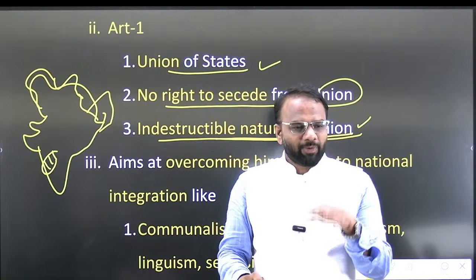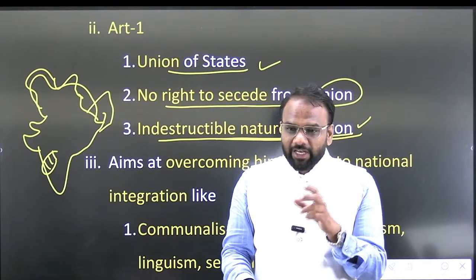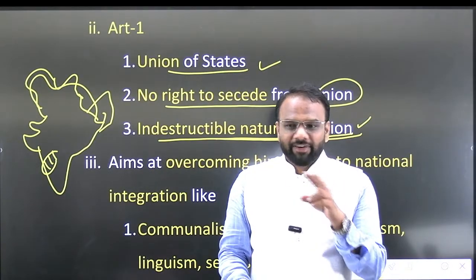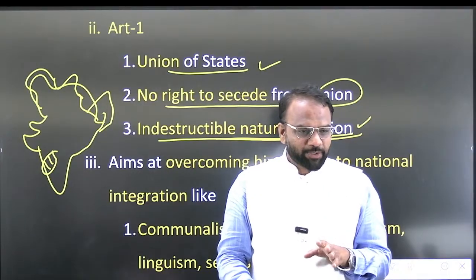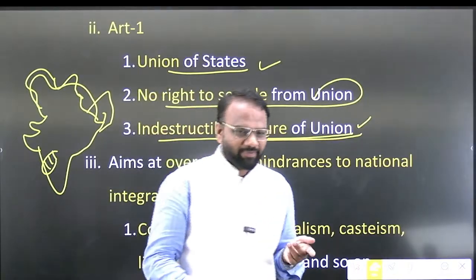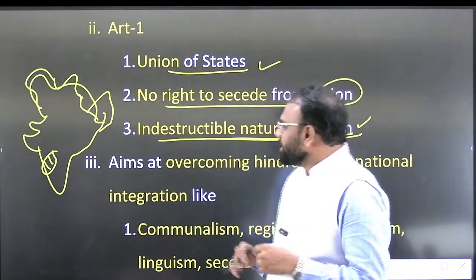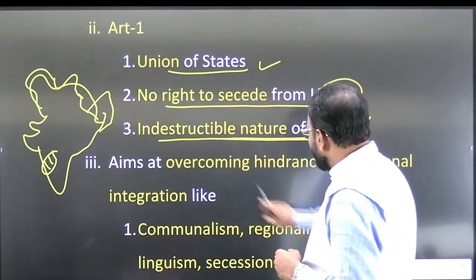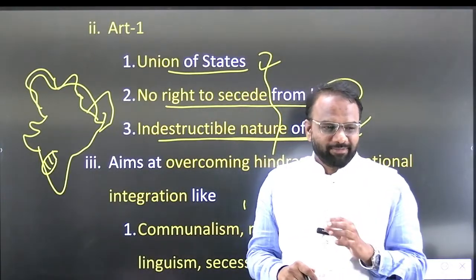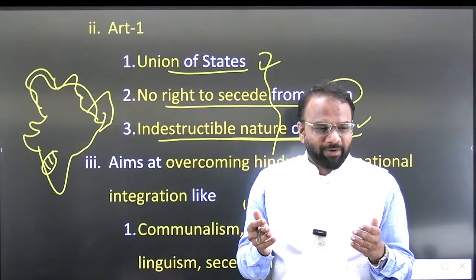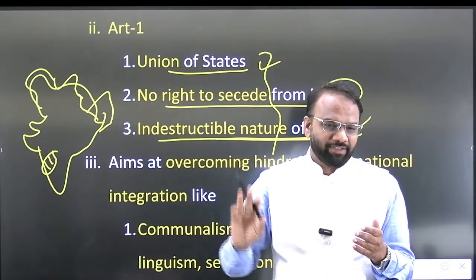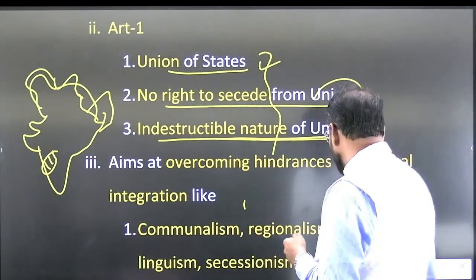For example, Article 1 says India, that is Bharat. In the Constitution there are two terms used to refer to our country: one is India, another is Bharat. Is the term Hindustan present in the Constitution? No, there are only two words, India and Bharat, present in Article 1. Again, we will be discussing it later on. What we have to understand here is what these things indicate: unity and integrity of the nation. So Article 1, the indestructible union, indicates which word of the preamble? Unity and integrity of the nation. From that point of view we shall try to